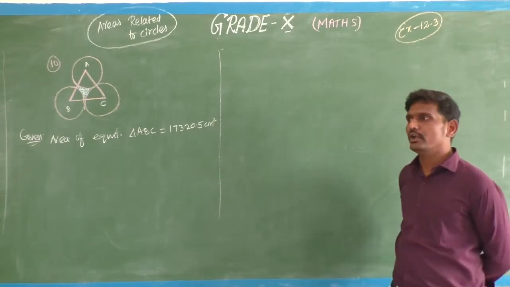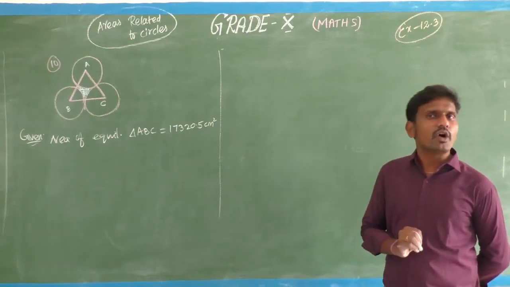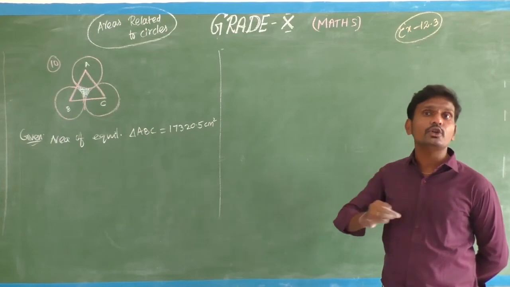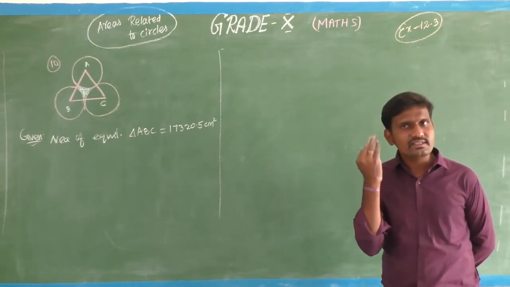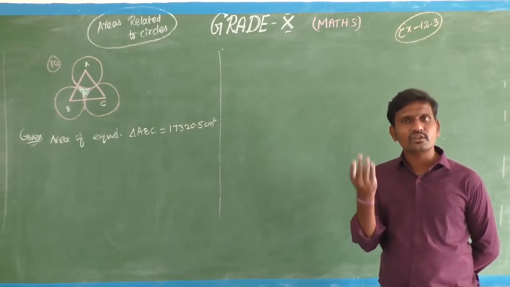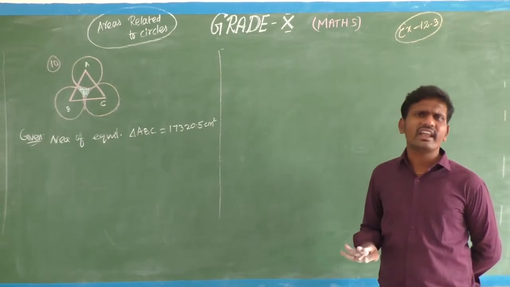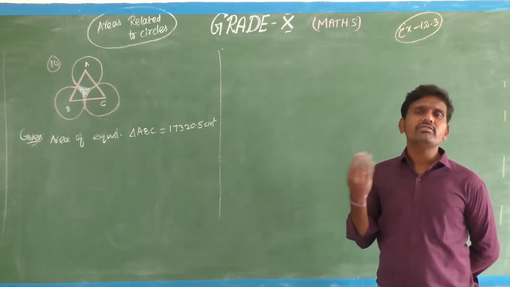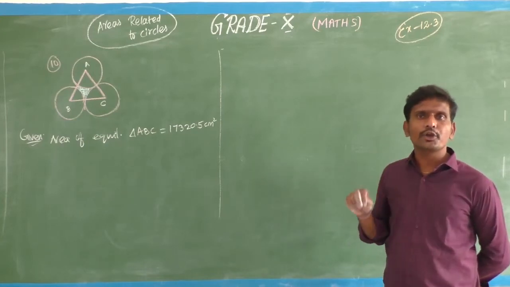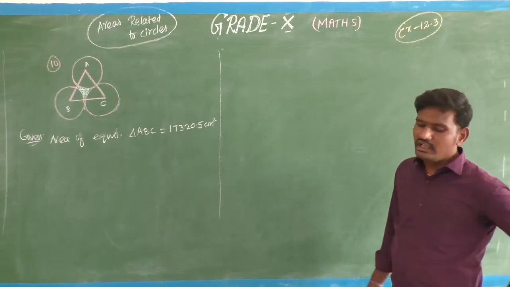Yes, students. Okay. Let us come to our class, and before that we should recall the formulas. What are the formulas we are going to use in this exercise? Already you know. Area of the circle, semicircle, area of a square, rectangle, equilateral triangle, and normal triangle. Then area of the sector, and length of arc. So all these formulas we are going to use in this exercise.